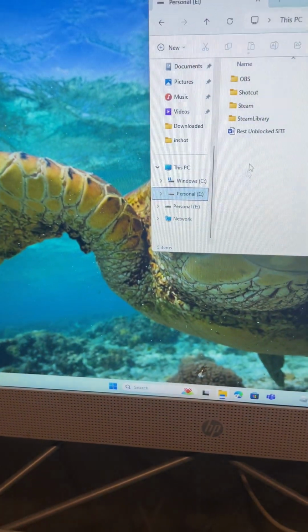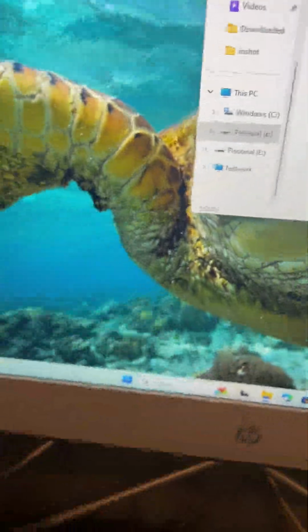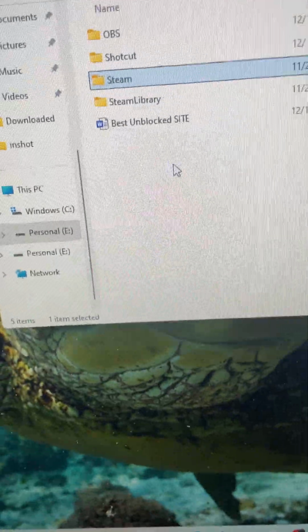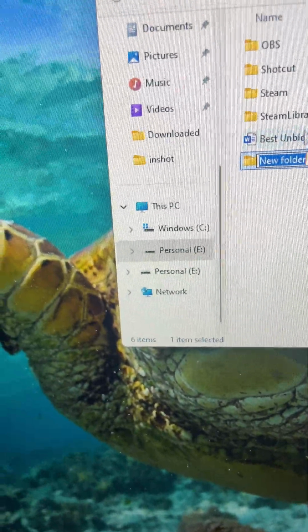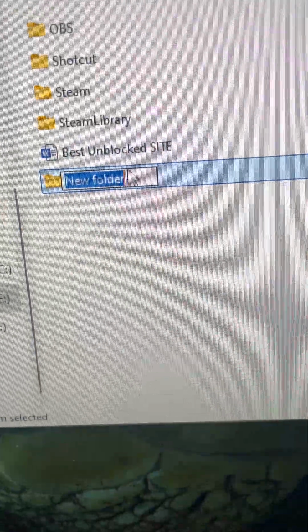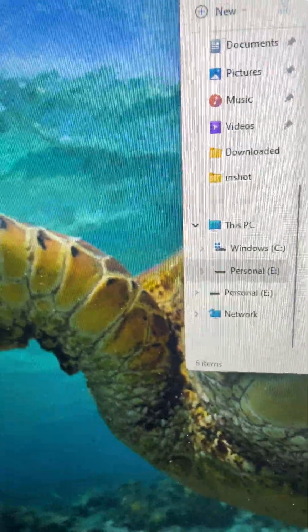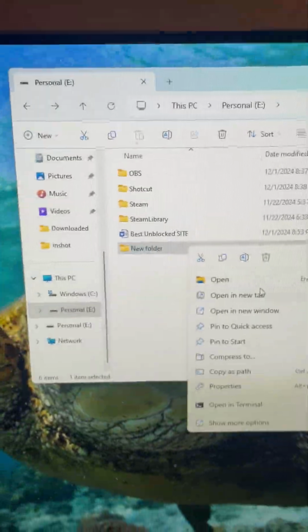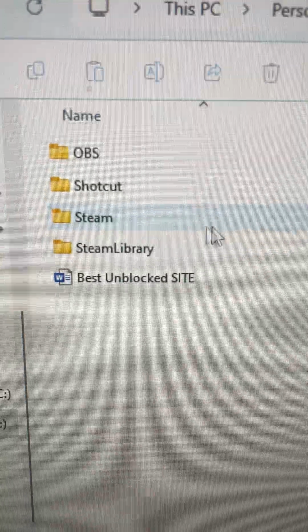So what you're gonna want to do, before you get started with the installation process, is create a Steam folder. Before this, all this was not inside the Steam folder, okay? I just made a new folder in here. You're gonna name it Steam. It's gonna be empty right now, but it's okay. So, boom. I'm gonna go ahead and delete this folder real quick. I don't need that. Now, once you create your Steam folder right here,